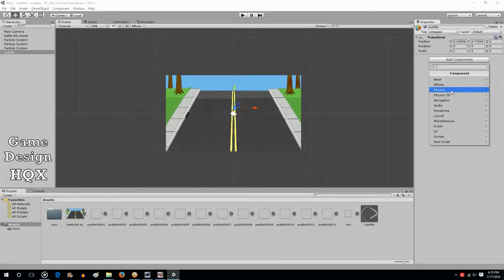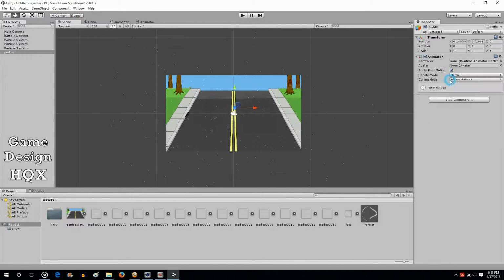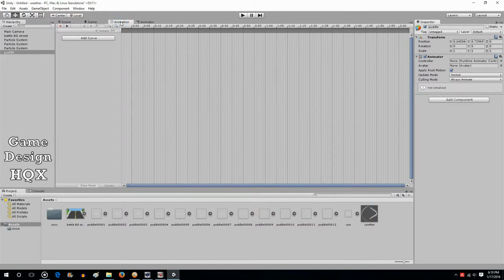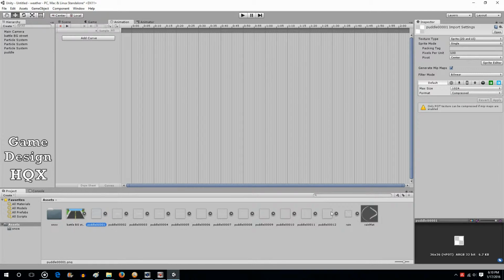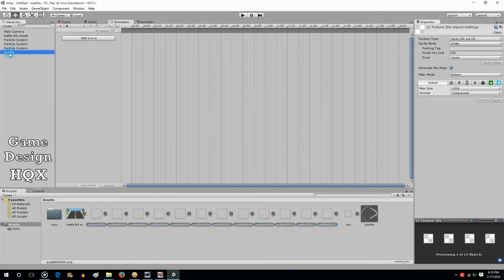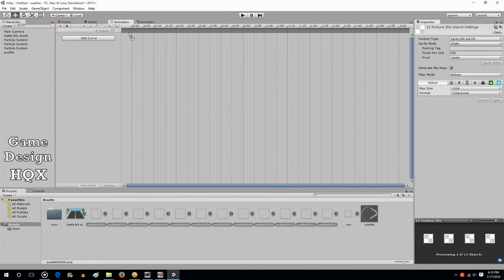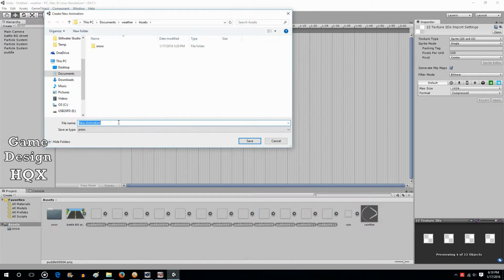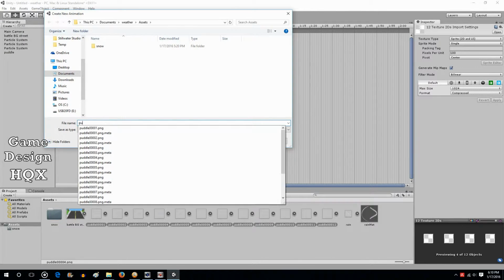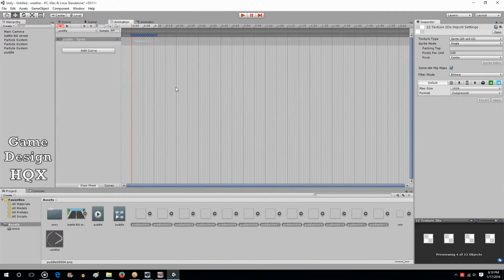Click on add component, and we'll choose miscellaneous and animator. Now we're going to go to animation. We're going to take our images, drag and drop them, and we'll call this puddle. We'll save it. Now it did work because puddle is the name of the object and puddle in this case